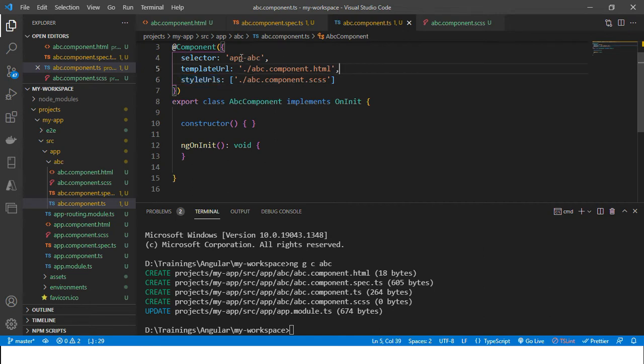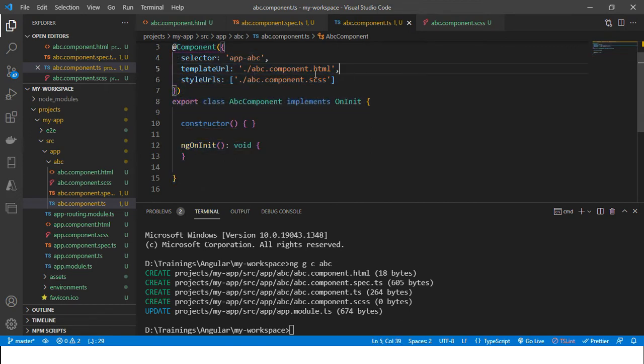The selector is a component selector. We can place this component selector in other views. When the matching selector is identified, Angular will create an instance of this class.